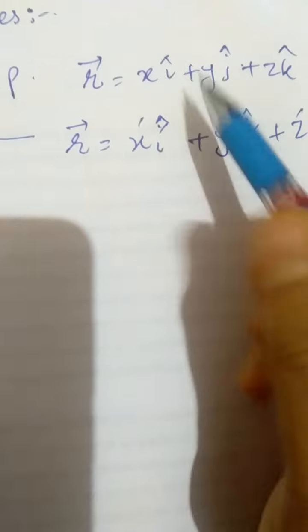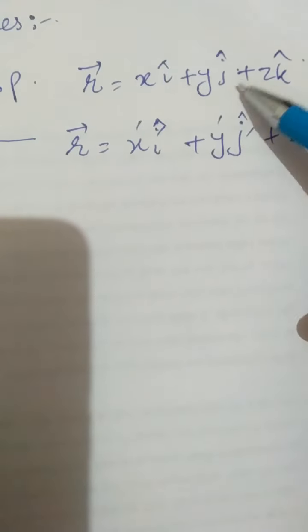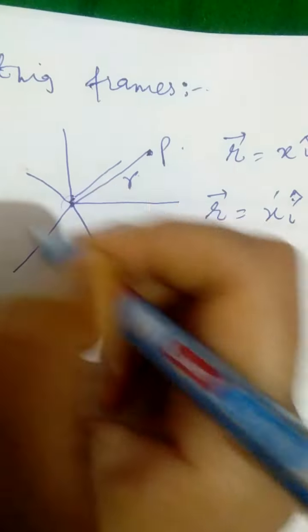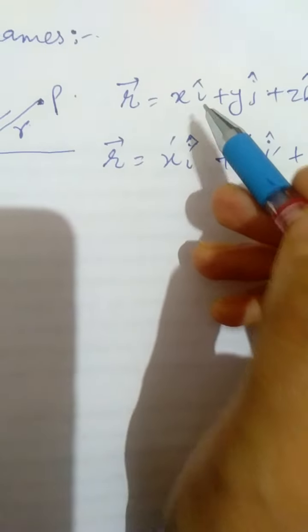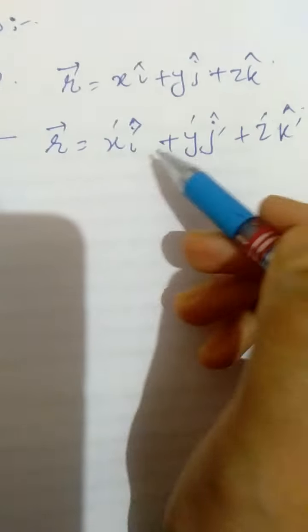But remember, I have also chosen to change i, j and k as the direction vectors because once the frame is rotating, the directions of x, y and z are continuously changing. Therefore, I cannot choose to keep them constant as i, j, k. Instead, I have to write i', j' and k'.